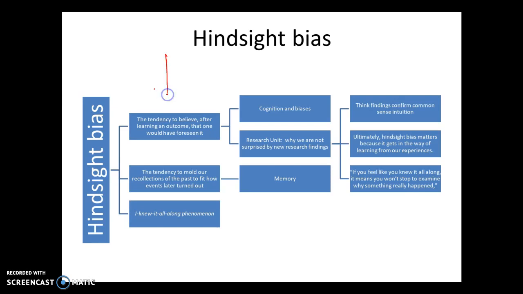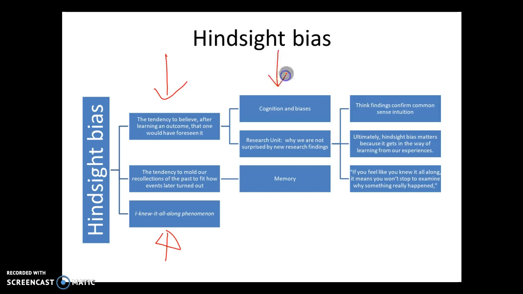Okay, in this column over here, we have different definitions, at least the first two are different definitions of what the hindsight bias is. I always find this a very handy way to remember it and not get confused with, say, the confirmation bias or other types of distortions of thinking, which are biases. That's what a bias is, a distortion in our thinking, like overconfidence. But the hindsight bias is that "I knew it all along" phenomenon.